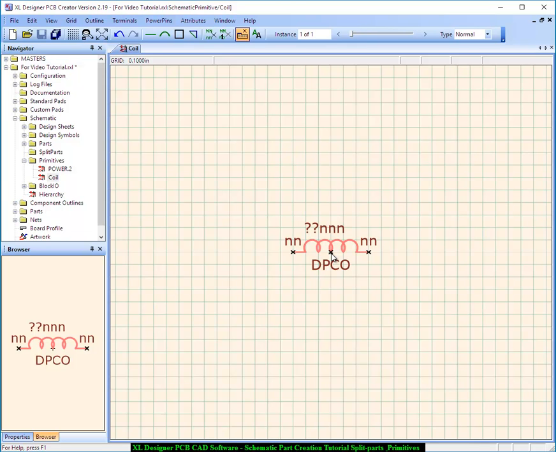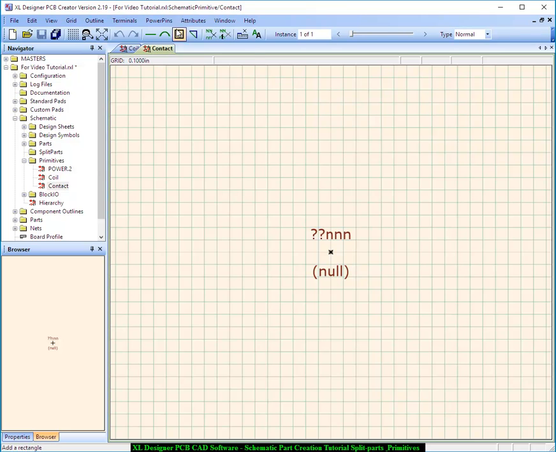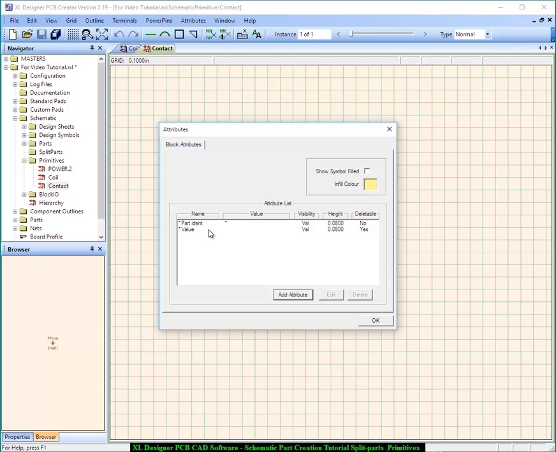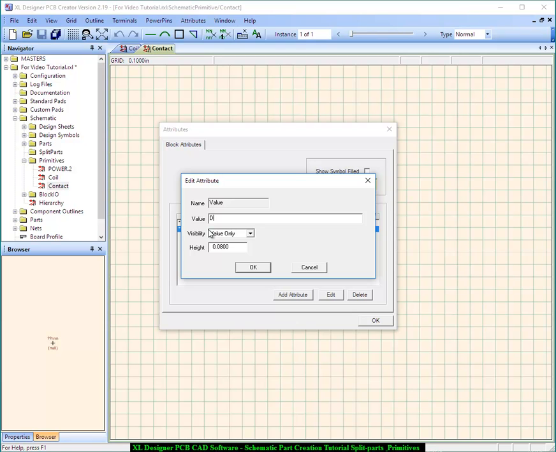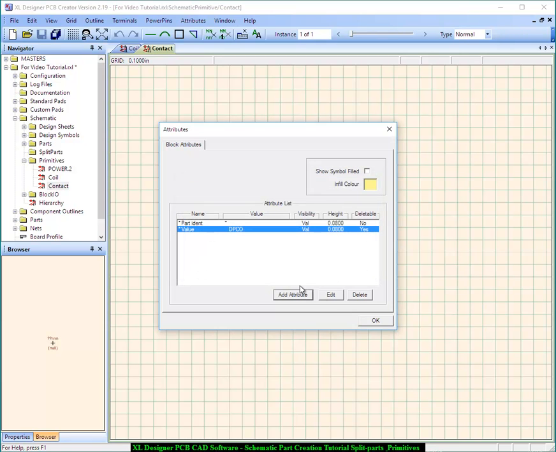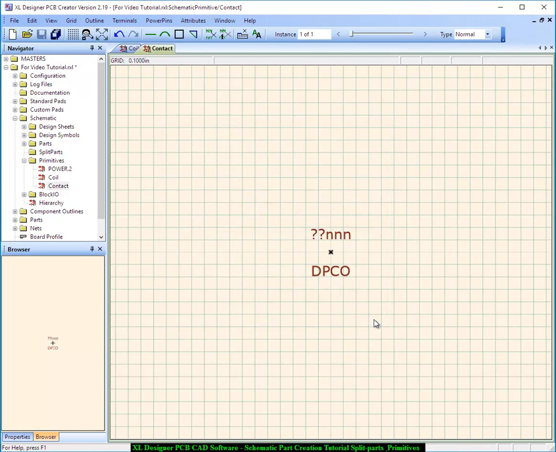So now we move on to the contact. So we create a new primitive, right click new, and open it up to the symbol attributes, and provide the same value field that we provided for the coil. As mentioned before, it's important that the value field on all the primitives you use in the split part are